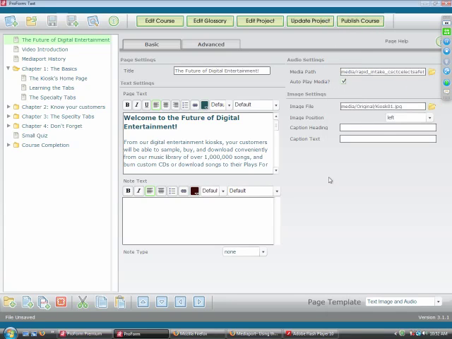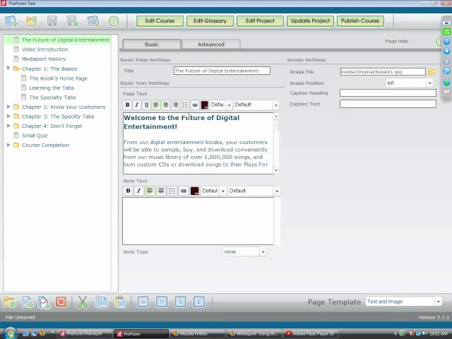Okay, so let's go ahead and continue here. Now that I've added my one page, there's also other things that you can do with this one page. You can switch it to a text and video. If I did that, my text would stay the same. I can switch it to a text and image. You'll notice if I do that, my text stays the same, my image stays the same, but it just gets